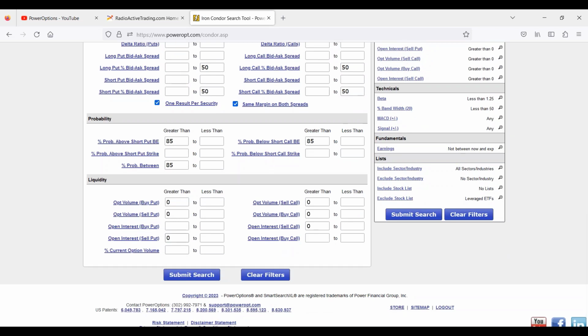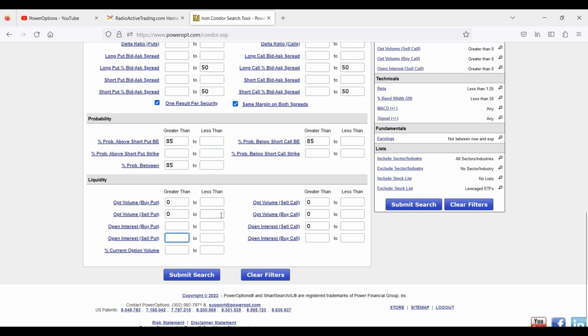As a base ground rule, what we want to look for is at least some volume and some open interest. Depending on which strategy you're doing, which structure you're doing, you might want to move this up. Our general rule of thumb, Ernie's and myself, in any strategy, is what you usually want to look for is an open interest maybe 10 times the average number of contracts that you're trading, and a volume at least 5